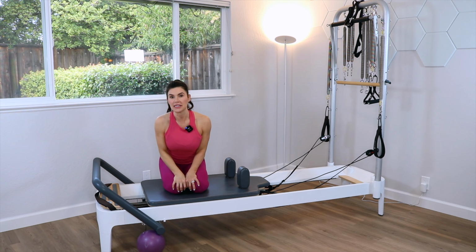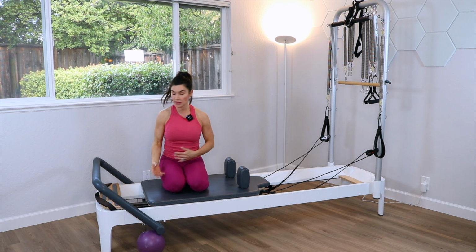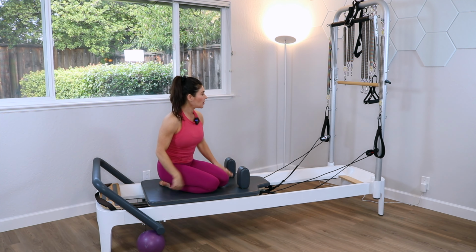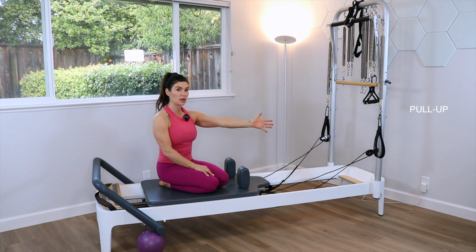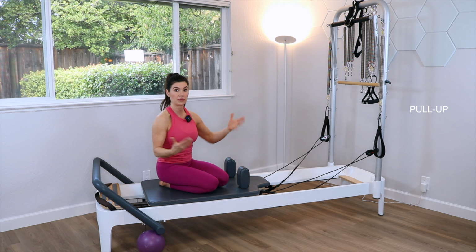With the same spring tension, it's the yellow button. That should be plenty for you. If you want something heavier, you can use a blue, but I'm good with the yellow button. And what I'm going to do is basically use the end of my reformer, so my tower poles. You'll be using your risers on your reformer. So if you have the traditional wood one, that's fine, or even Allegro 2, you've got plenty of room to